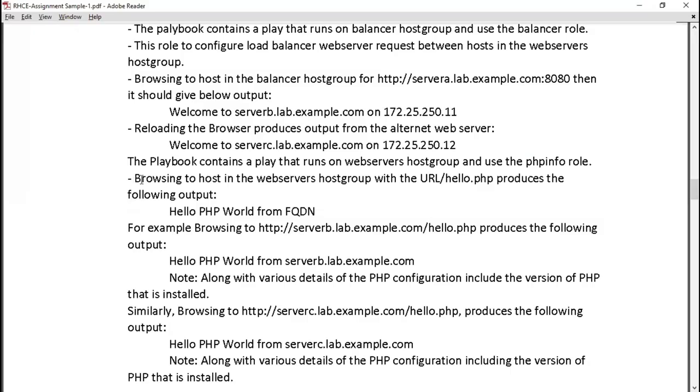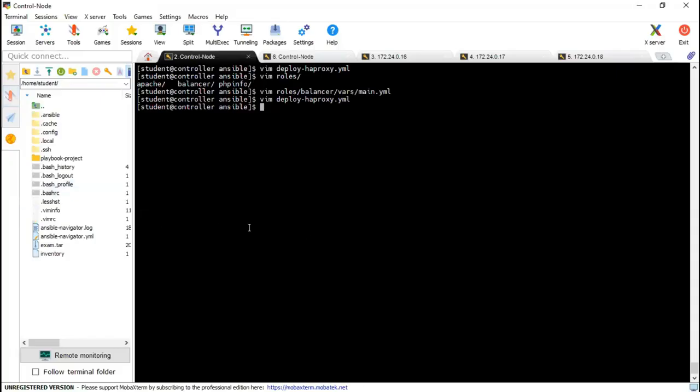Okay. Now browsing to a host in the web server host group with URL /hello.php, means if we try to hit server b.example.com/hello.php, it should produce hello PHP world from FQDN. For example, if we hit something like this, the output should be hello PHP world from server b.example. So for this, what we need to do, we have the template file for this role, PHP info template